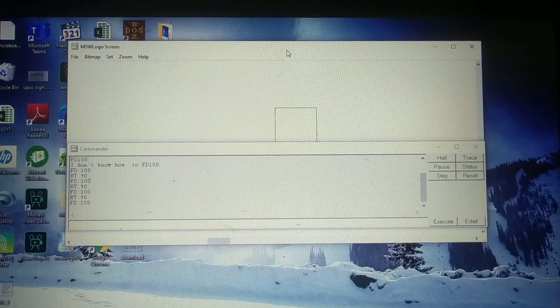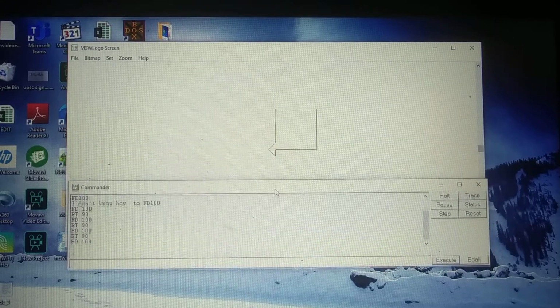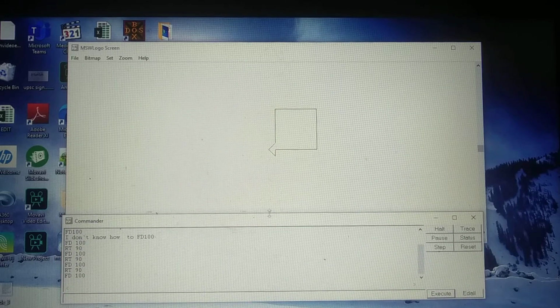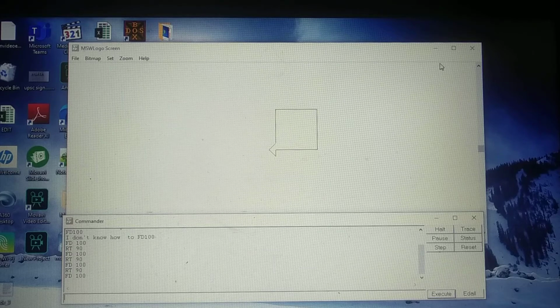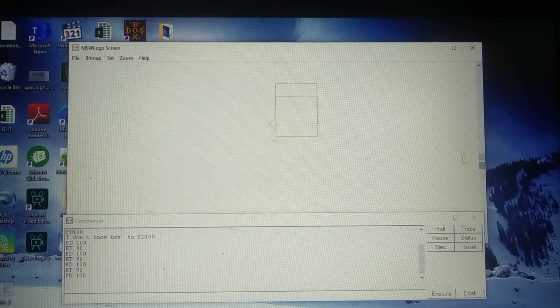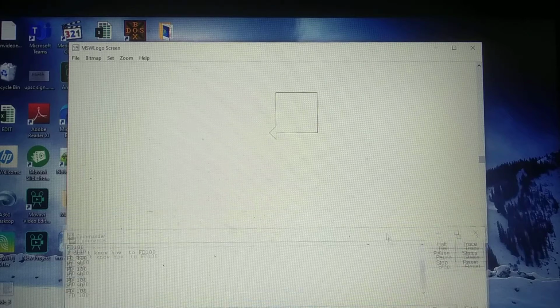This also we can drag below. This also we can move. These windows also we can move. This is the main screen. This is the commander window. This one is the input box where we will give the commands. After giving, we can press enter or you can use the execute button also. And on the main screen this is the title bar. Here you have minimize, maximize, close buttons. And these are the scroll bars. You can move up and down on the main screen.